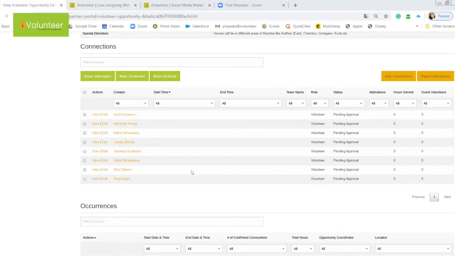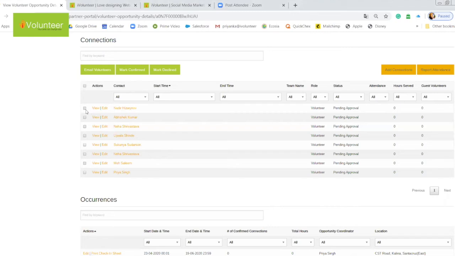If there are volunteers who have worked with you in the past and registered on the system, you can actually add them here. The orange button on the right-hand side says add connection. You can add one more volunteer to this list. They might not have registered for this opportunity, so you might be talking to an older volunteer and telling them there is this opportunity on the site now, and we are looking for more volunteers, and he says yes, I'm interested, but I couldn't find it, so I couldn't register. And you just say, okay, no problem, I will add you from the back end. You can add a new connection from here.